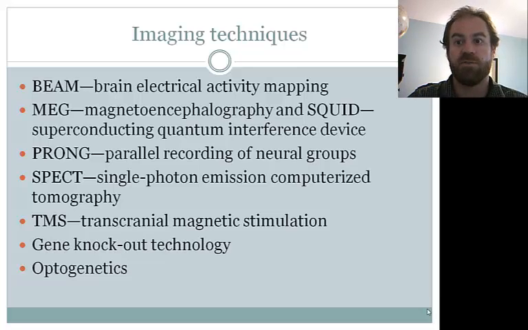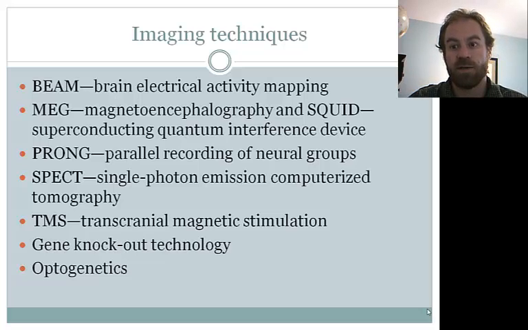Breakthroughs in genetics have also allowed scientists to remove specific genes from mice and other organisms to help them understand the link between genes and behavior. For example, mice that are lacking one of the genes responsible for regulating the neurotransmitter dopamine act as if they are permanently high on cocaine.